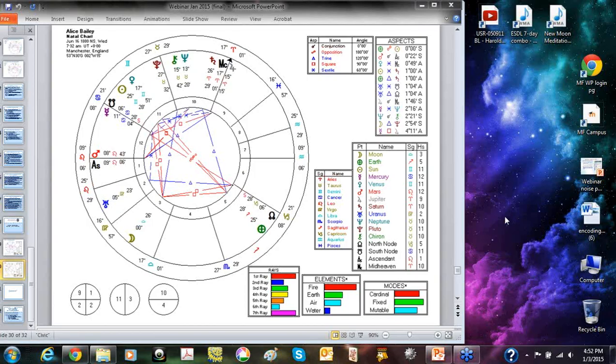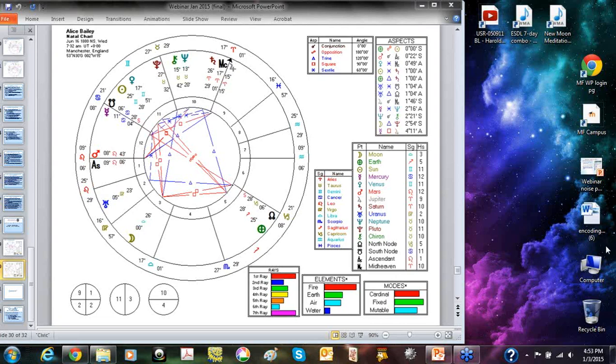Then I look at the quadrants. In her chart, the fourth quadrant is very strong, showing a potential for her life to be focused on social expression and a contribution to public service through both extroverted and self-initiated activity. This characteristic of her chart was strongly displayed in her life by bringing the next phase of teaching of the ageless wisdom in front of humanity. Everything about the Arcane School was based on her insights and efforts, and Master DK did not interfere.